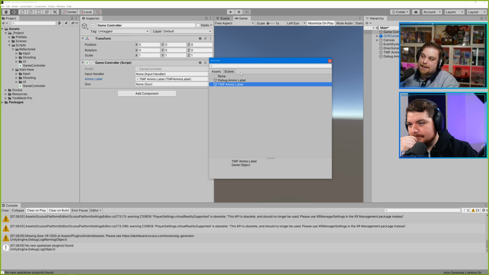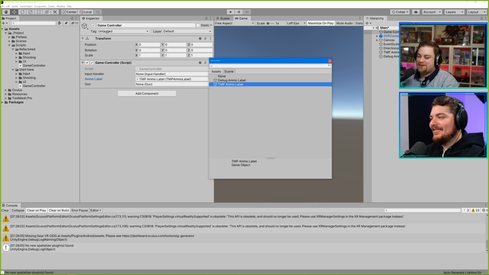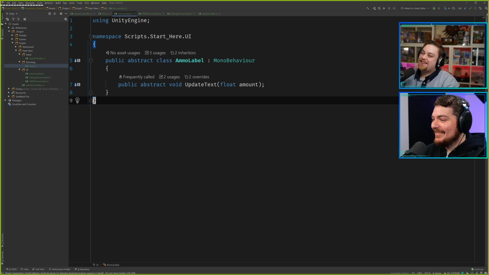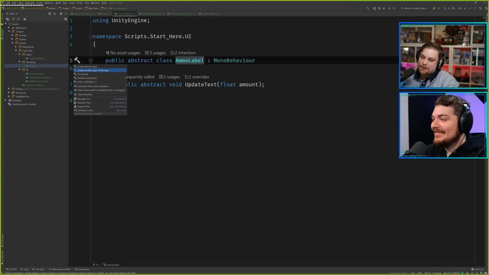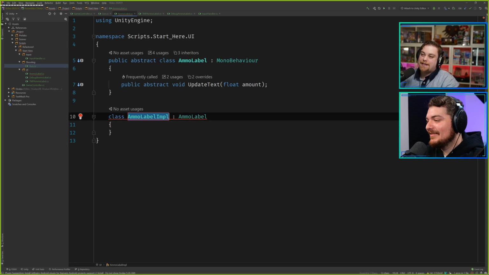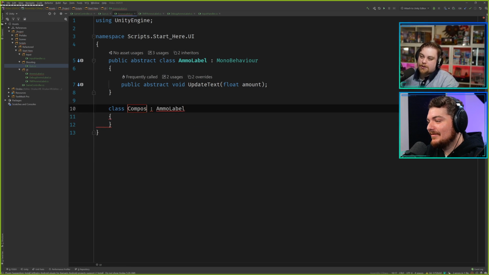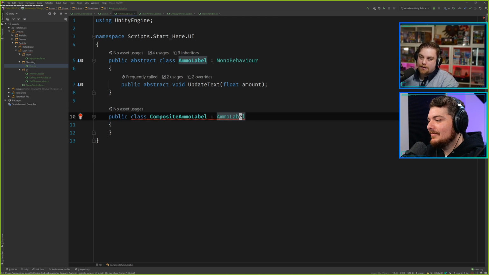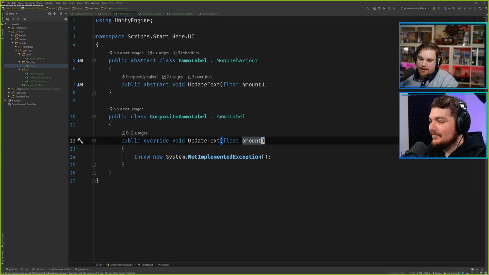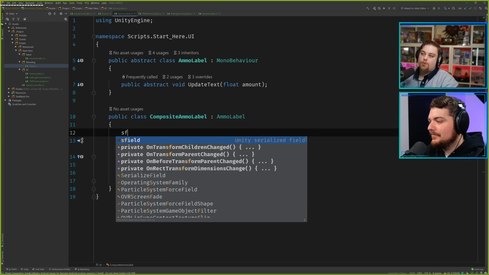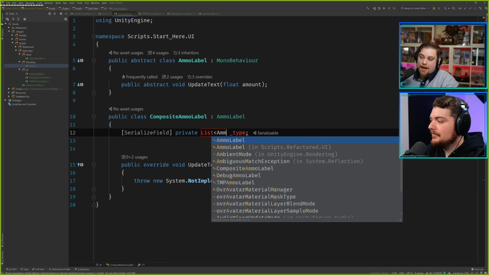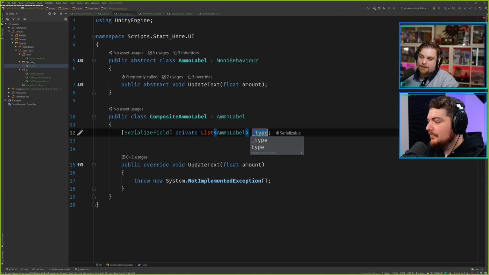So this is a little bit overkill, but I think it'll be a cool demonstration. Composite, of course. You know I love my composites. Just because I think it really demonstrates the endless extensibility of a system like this. Remember, we wrote this and the rule was something is given an update of the amount of ammo and we'll display it. It started being Text Mesh Pro. We then moved it to be console. Now we're doing something called a composite.